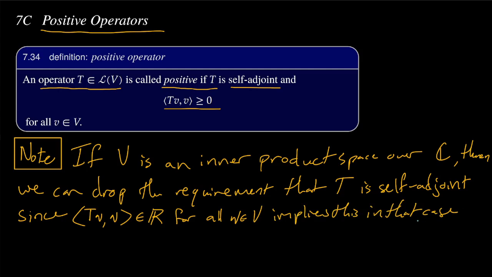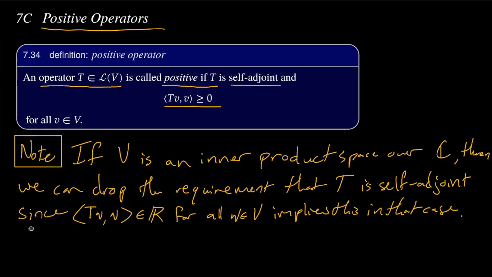So we proved this back when we were talking about self-adjoint operators. In particular, we said, hey, look, if the inner product of the image of something under an operator with the thing you put into the operator is real for every single possible vector, then we get self-adjointness. Okay, so nothing too crazy. Fair enough. This is an important thing, though, because